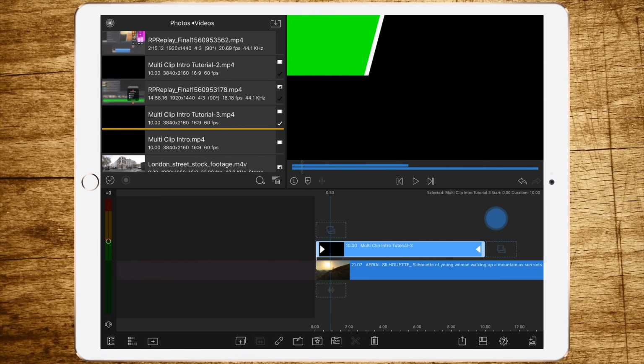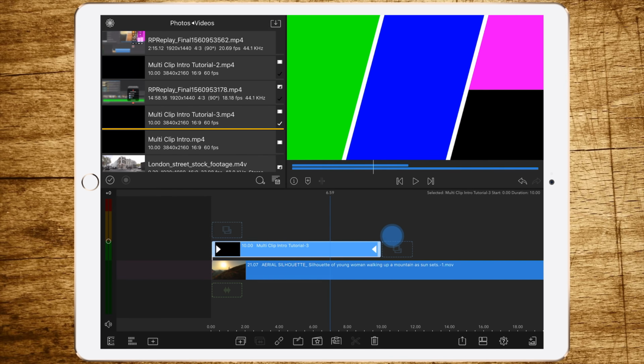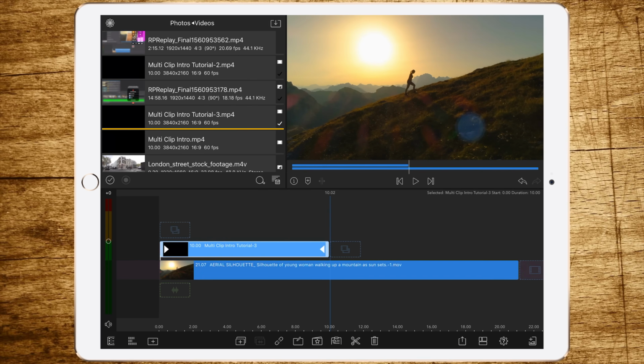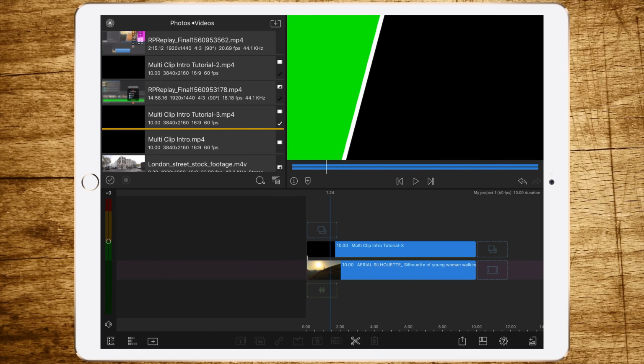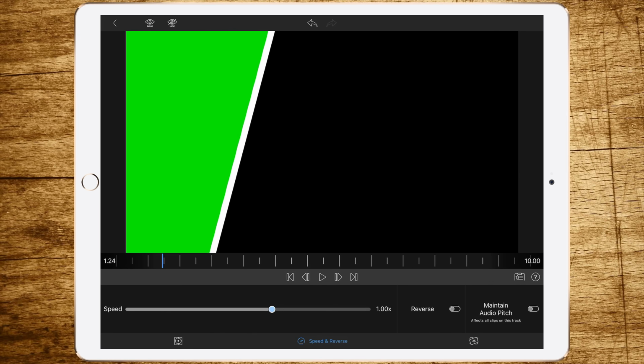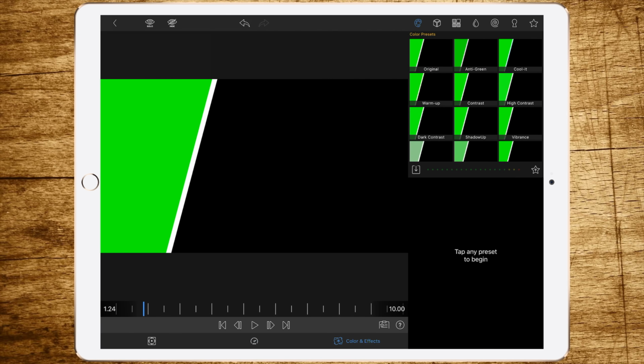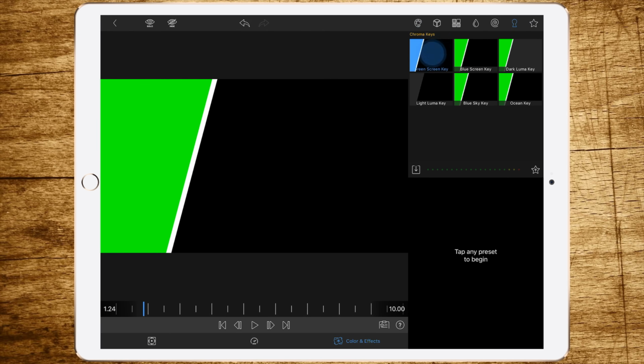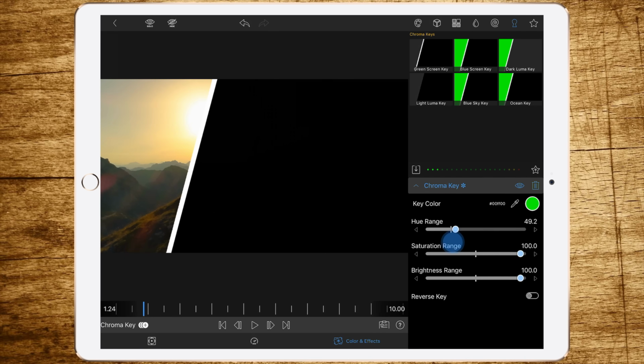So that one over here. Cut the clip beneath to the right length. Then double tap the multi-clip intro, go to Color and FX, Keying, and add a green screen keyer. Then play around with the settings until you get a nice result, which is clean and sharp edges.